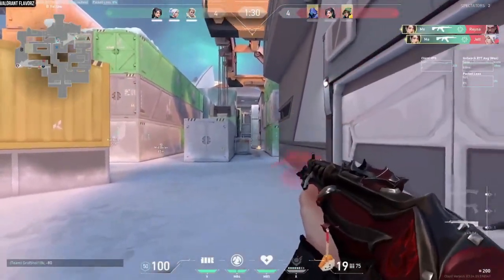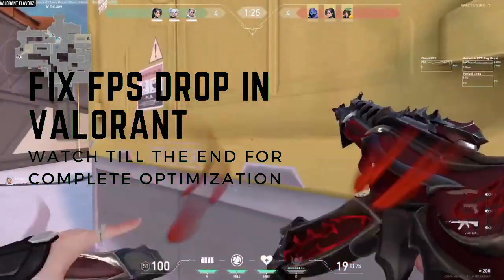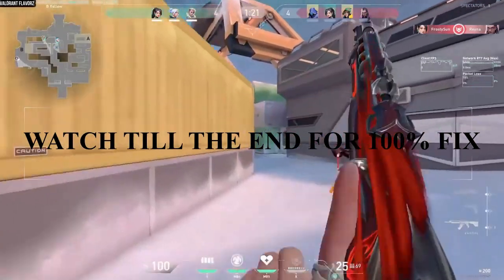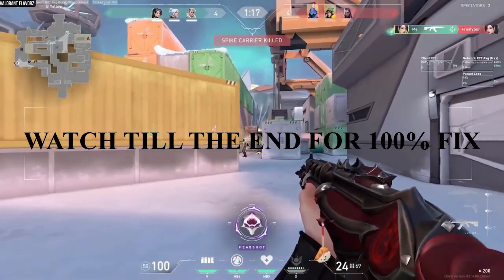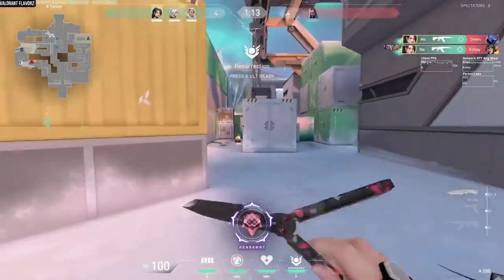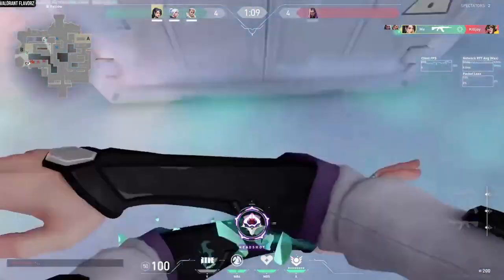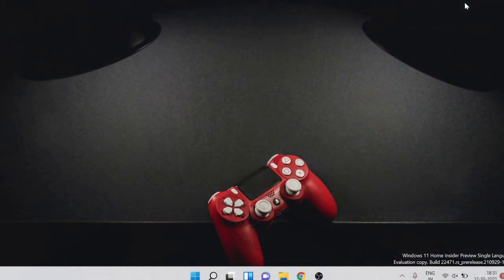This is Shabazz. So in this video, we will be talking about how to fix Valorant FPS drop on a Windows computer. This will be applicable for both Windows 10 and Windows 11. Now the major cause behind this problem, the FPS drop and the lag while playing Valorant, is the applications running in the background. And there are many other graphical settings of the Valorant game and on the Windows PC that are creating the problem.